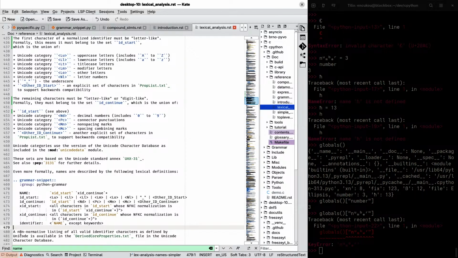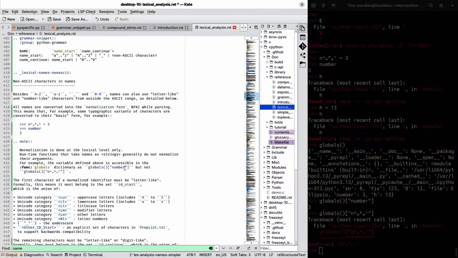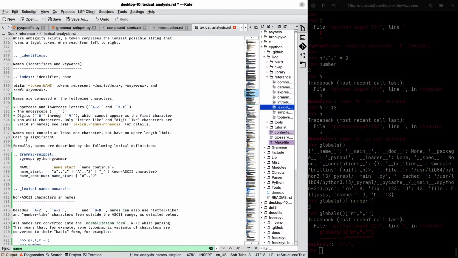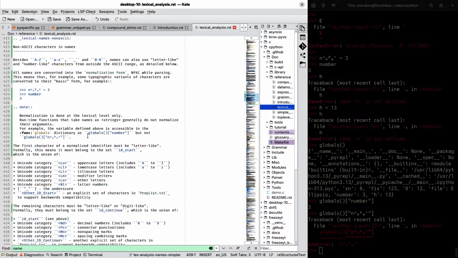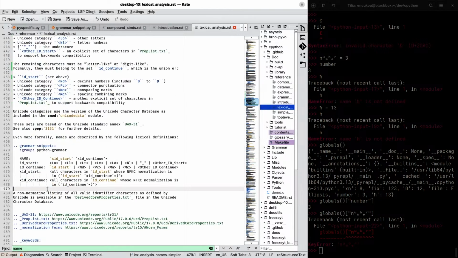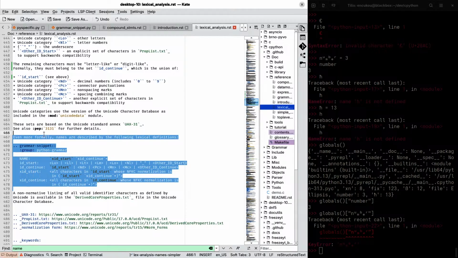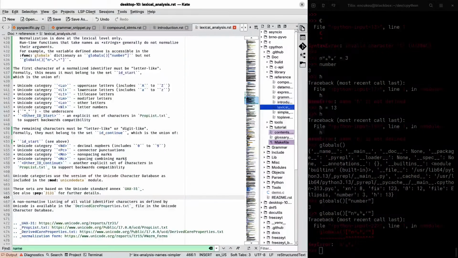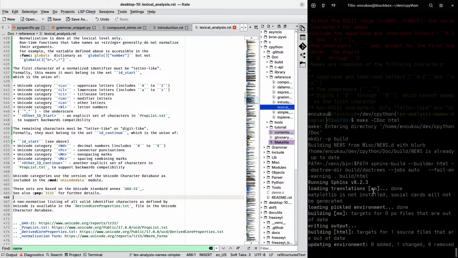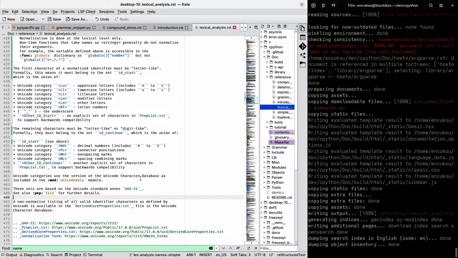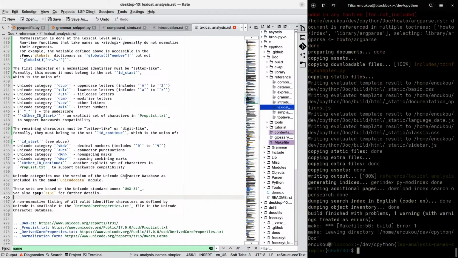Yeah, so remove all of this except identifier, right? We still say that identifier is a name except keywords. There. So let me render that and see if that is better than what was there before.